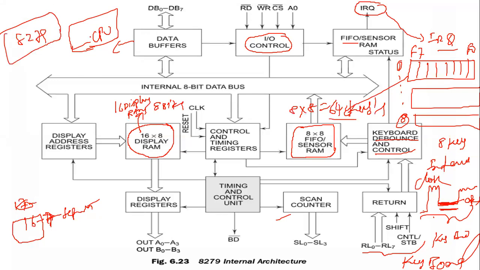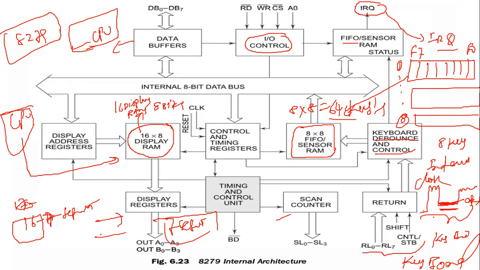So how does the CPU send information to this display RAM? The display RAM, according to the connected seven-segment display, shows that information. It has right entry and, at the same time, left entry. At the same time, the keyboard has some problems, namely pressing 2 keys or more at a time. All these problems are solved by this 8279.